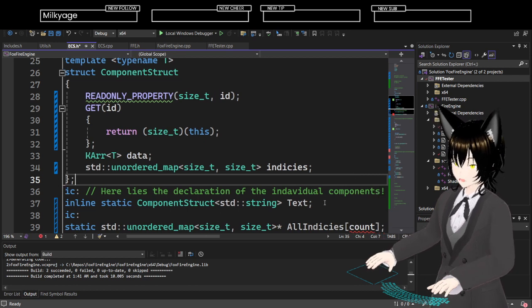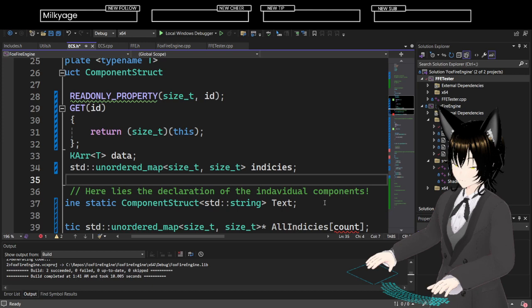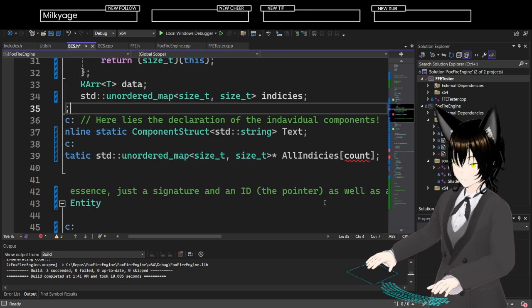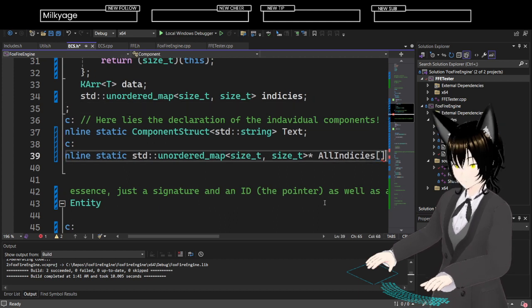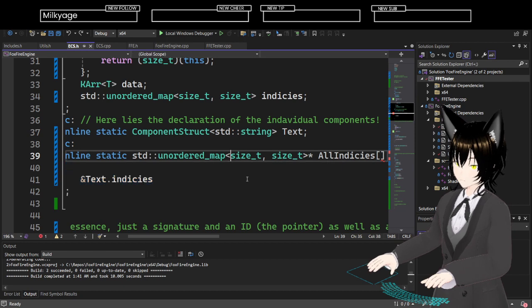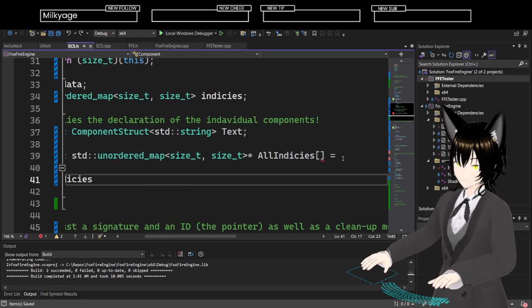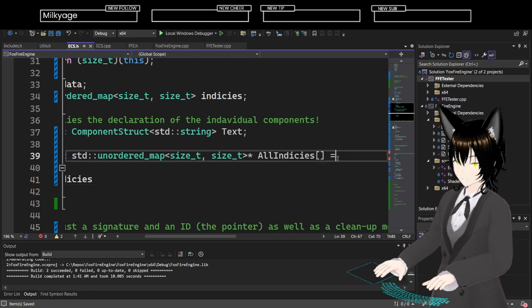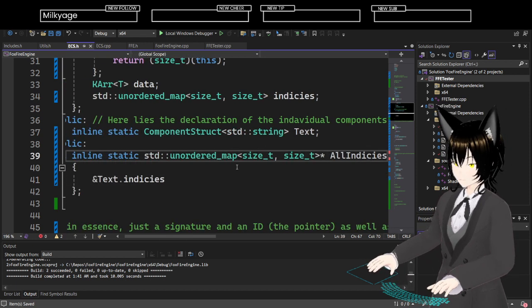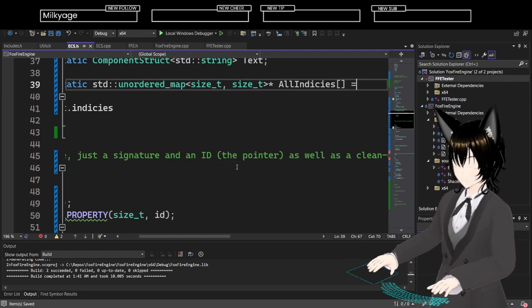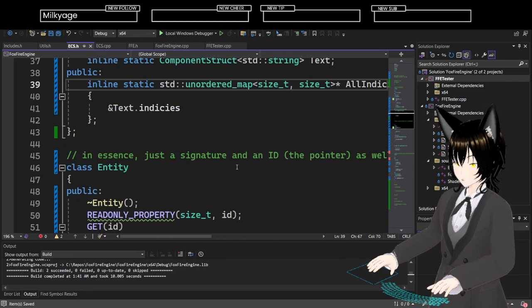Must have a constant value. Well, there goes that idea.